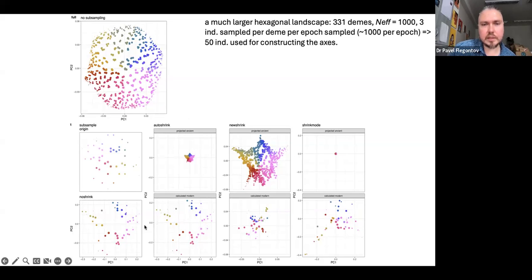An identical PCA we get when we apply SmartPCA with the auto shrinkage correction algorithm. But ancient individuals all fall into the middle of the space. And of course, that is not very attractive to have this property if you want to co-analyze ancients and moderns in any meaningful way. So for that reason, this new shrink algorithm was developed, which